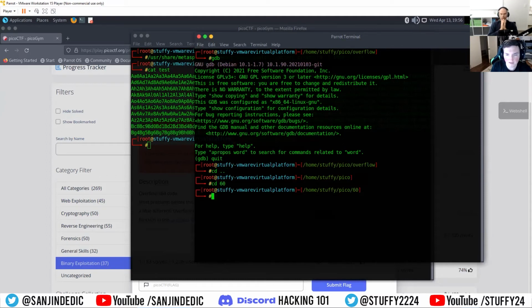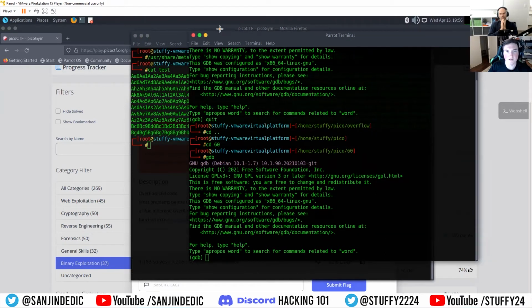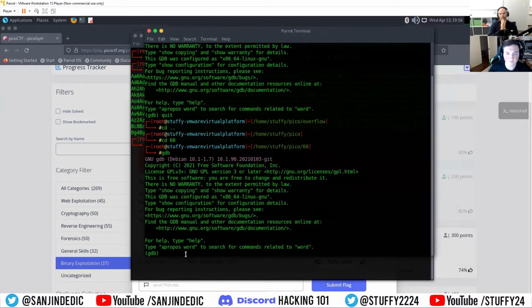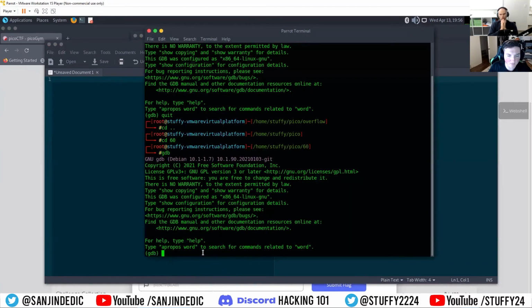So you're going to feed the pattern into the flag program. GDB is going to give you a segfault, but you're going to know in which memory. Yep. So GDB is a tool that is just a debugger, right? So we'll get rid of this. That's from the old one. And then we'll just say